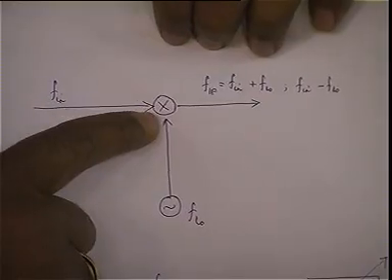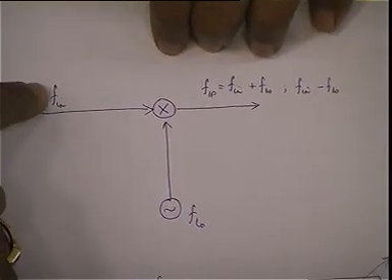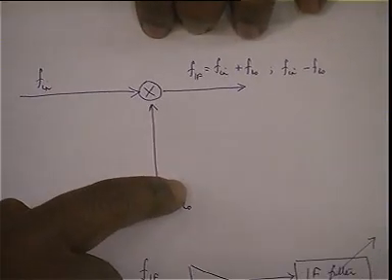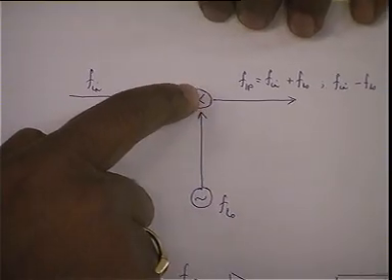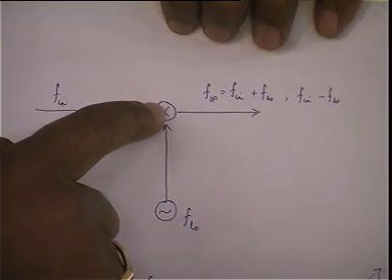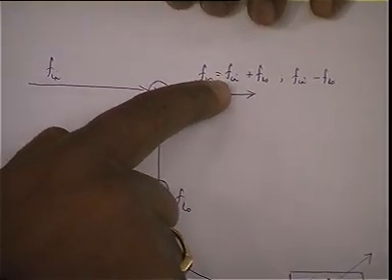This cross, a circle with a cross, is the mixer. So I input the input signal and the local oscillator signal into the mixer. Now this mixer is a nonlinear device. If I have a nonlinear device, I can add or subtract frequencies. So at the output of this nonlinear device, I will have the sum of the frequencies and the difference of